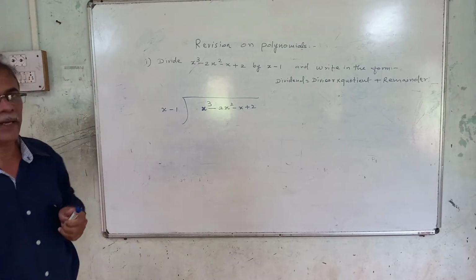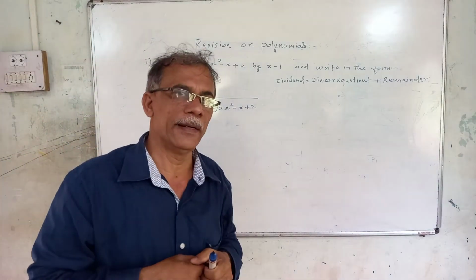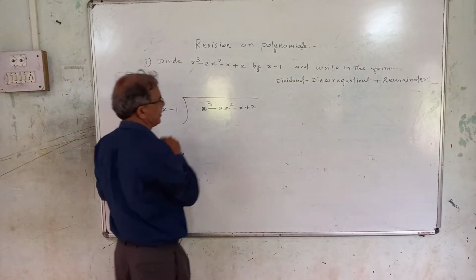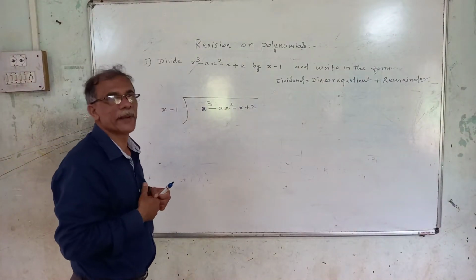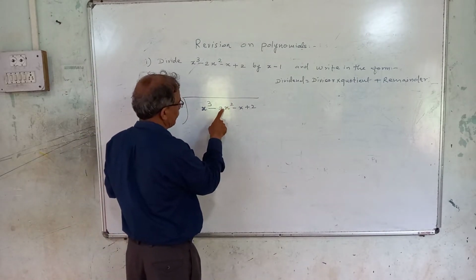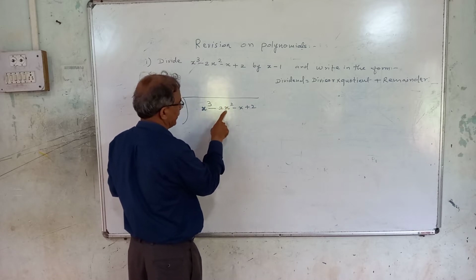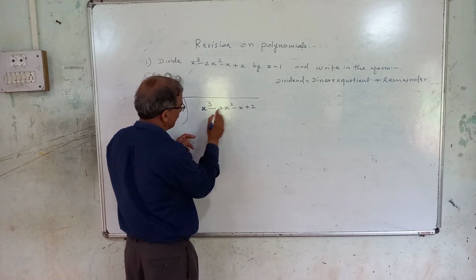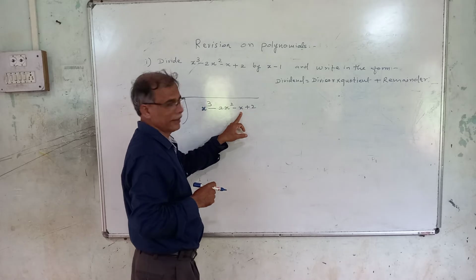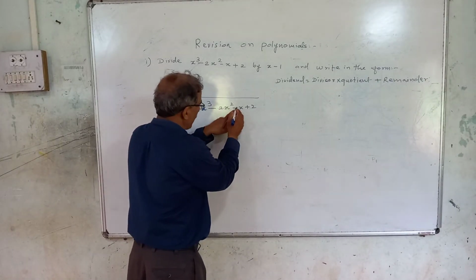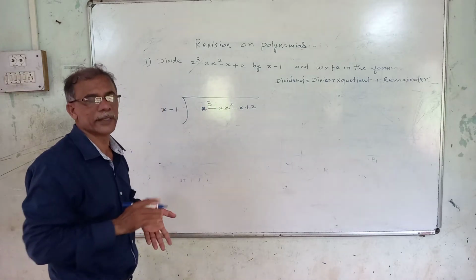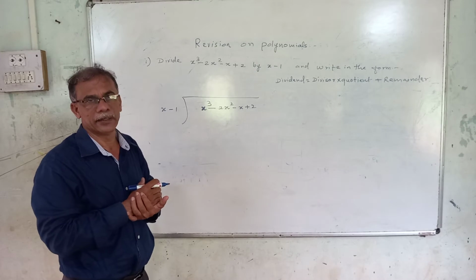Now before going to divide, can you tell me what is the degree of this polynomial? The degree of this polynomial is 3 because maximum exponent is 3. What is the coefficient of x square? How many x square are there? Minus 2x square. So minus 2 into x square. So this x square is multiplied by minus 2. So coefficient of x square is minus 2. What is the coefficient of x? X means how many x? 1 x. So minus 1 is here. So coefficient of x is minus 1. Like that you should know what is coefficient, what is degree, that you should know.